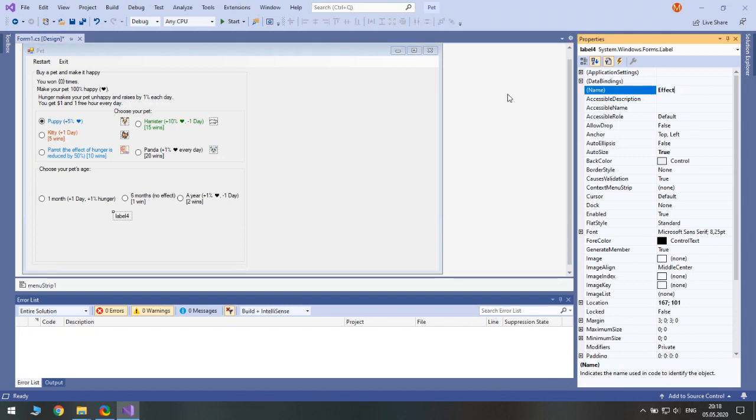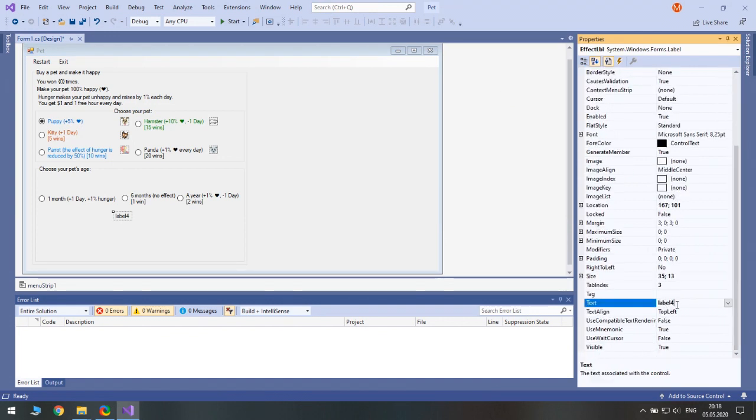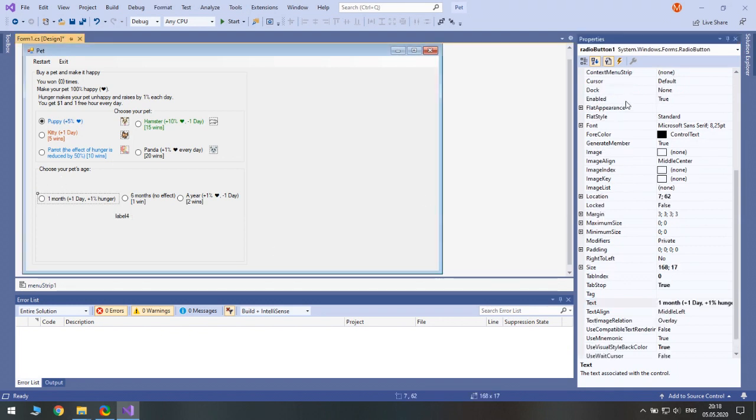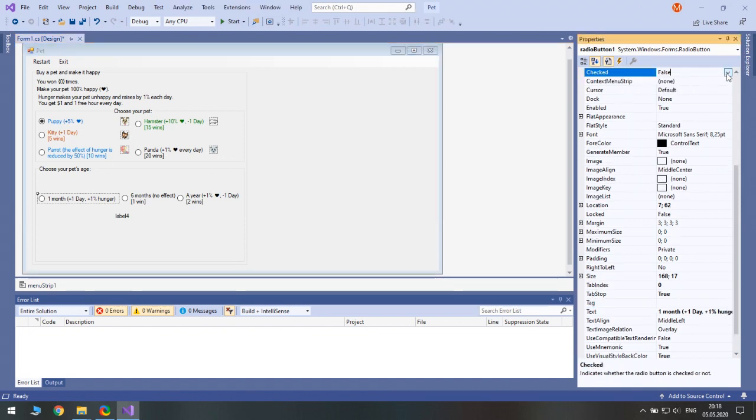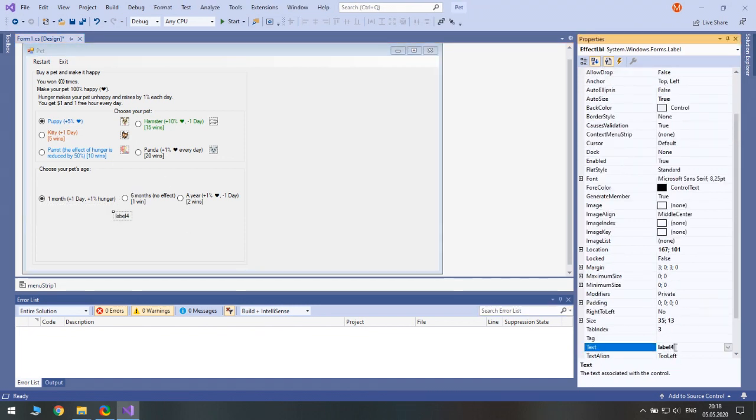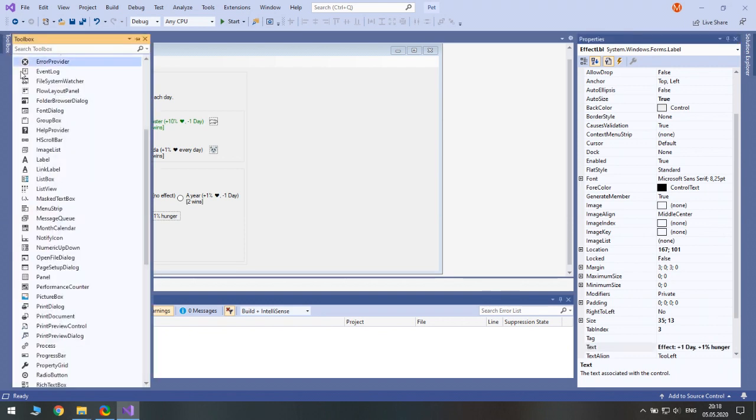So effect label, and its text is, well, by default this option will be selected. Let's make it checked. Set it to true. So label 4 initially should be effect +1 day and +1% hunger. Good.